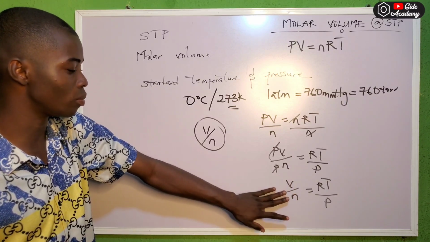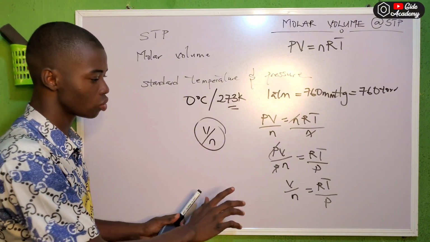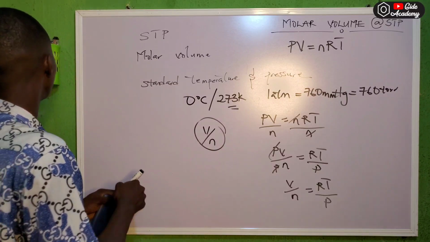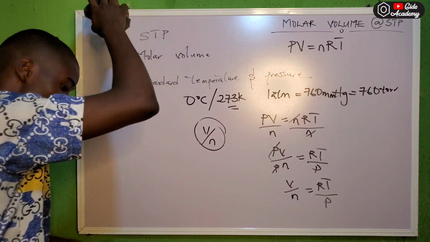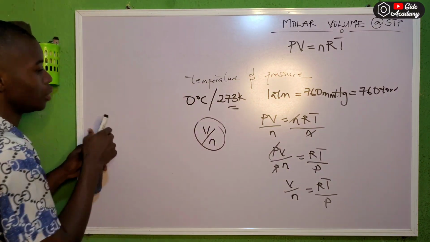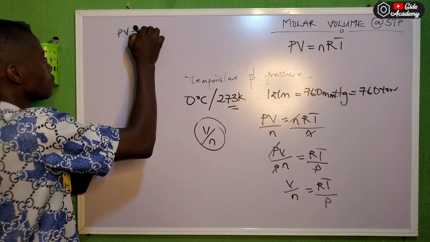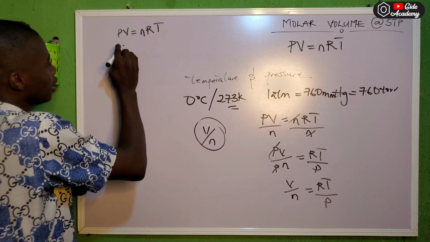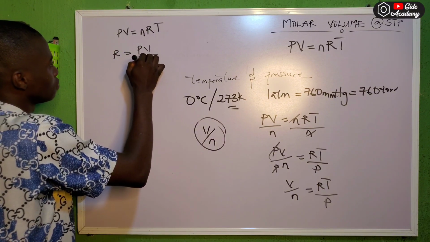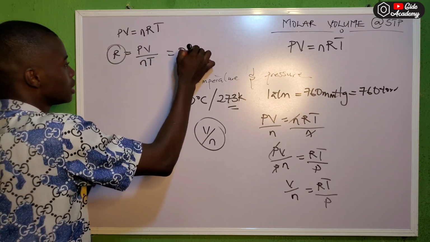The formula for calculating the molar volume at what? At STP. But before we move on, I want to introduce a concept. Remember, the value of the molar volume at STP, I gave you that as an assignment the other time. Please let me show you something first. We have PV equals nRT. So if I'm looking for R now, R will be equal to what? PV over nT,